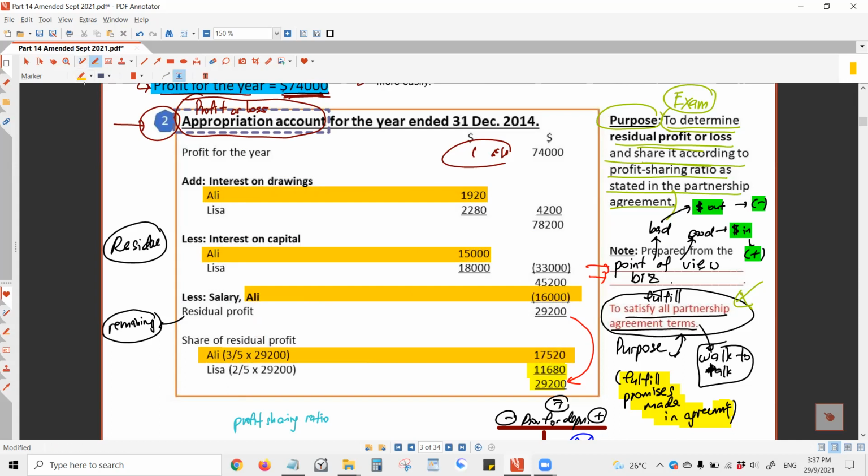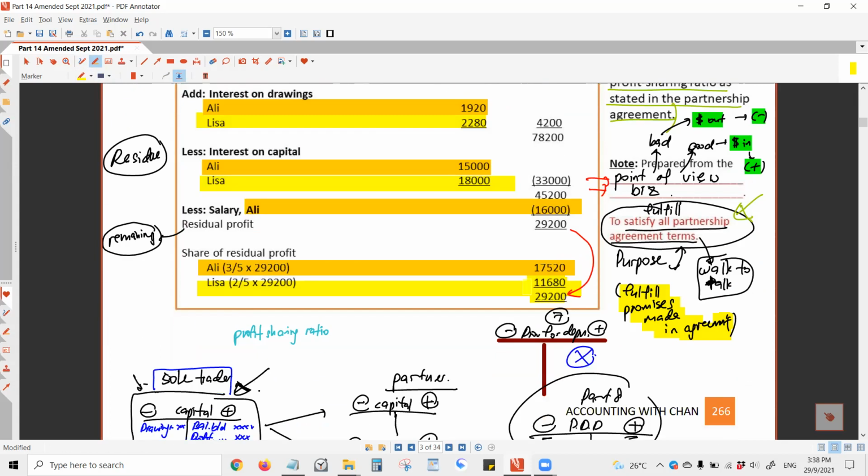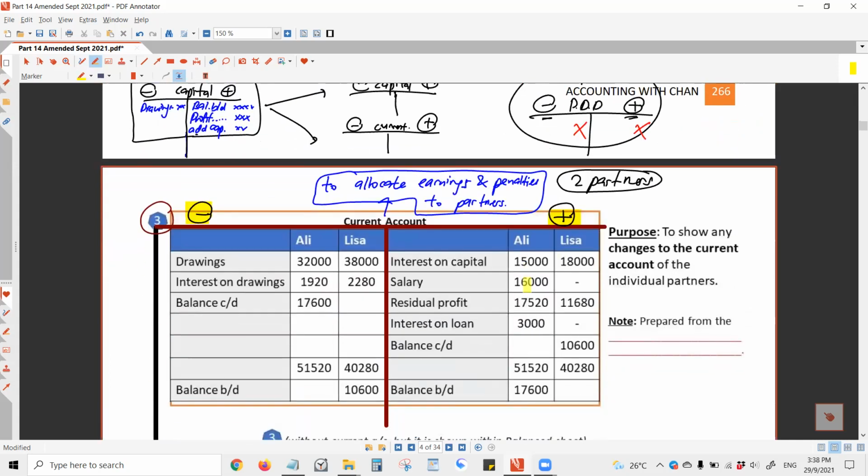You have to press the calculator to total up. It's fine, but there's an easier way. Also for Lisa, the same thing. You cannot exactly see how much Lisa is getting in total, because once again, it is scattered all over. That problem leads us to preparing the current account. In the current account, you will gather all the things that belong to Ali and throw them into Ali's current account, and everything that belongs to Lisa you throw into Lisa's account, so that you can easily see how much in total Lisa is getting and how much in total Ali is getting. You get what I mean?